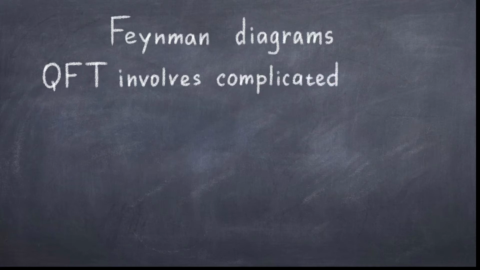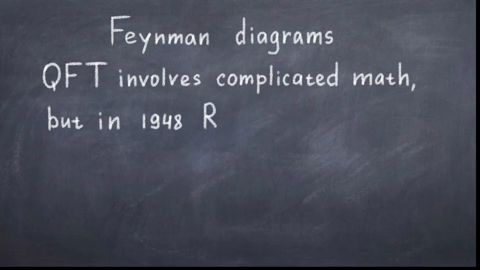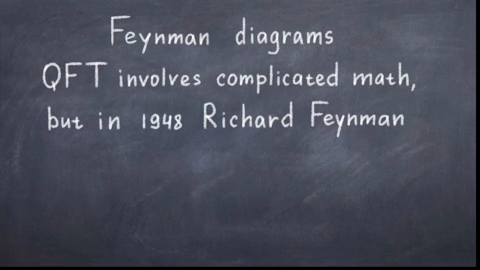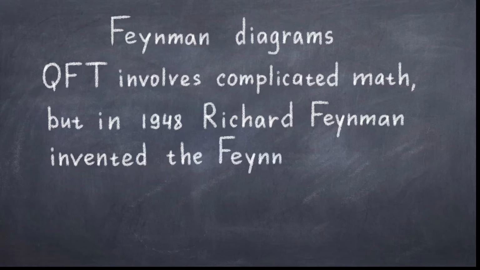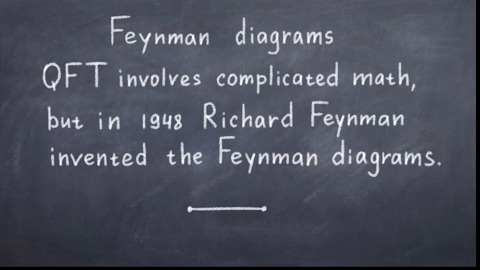While you really do need to learn this complicated math to work with quantum field theory professionally, you can actually understand the most essential physics without any of this math. This is possible due to the famous Feynman diagrams, which were introduced by the American physicist Richard Feynman in 1948. Using these diagrams, we can discuss and understand fundamental processes in a much simplified way, using diagrams instead of math. In this video, we will go into details on how to use and understand such diagrams.